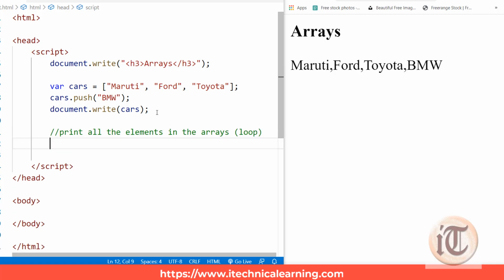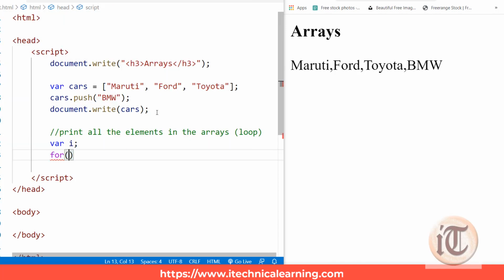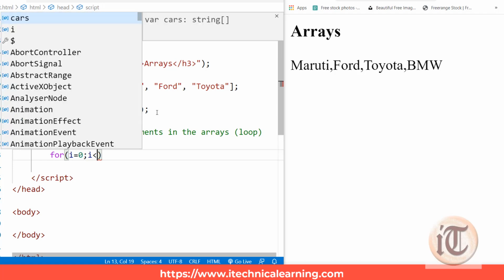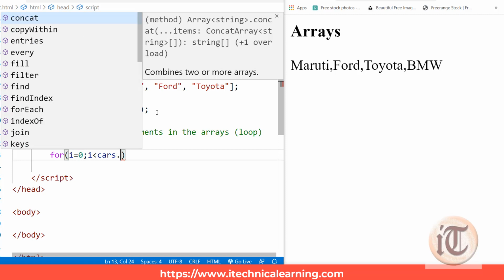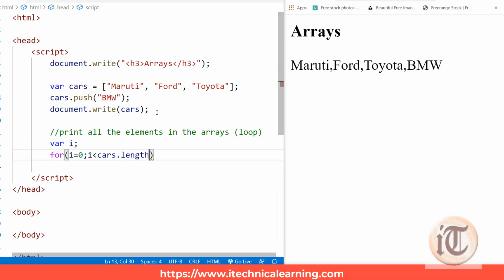Okay, so how can you use the loops for the arrays? You can simply write, for i equals 0, i less than cars.length, that is the array dot length, and then i plus plus.